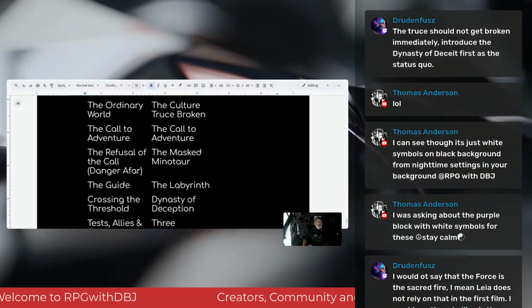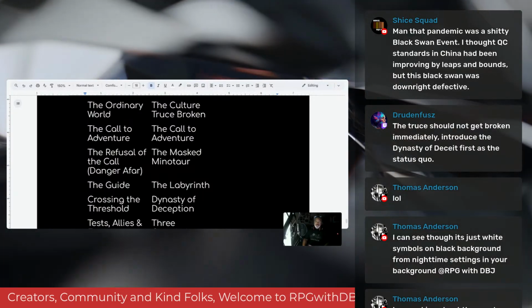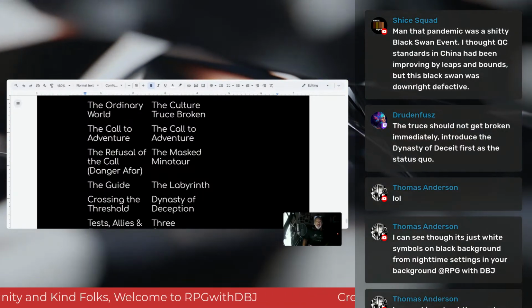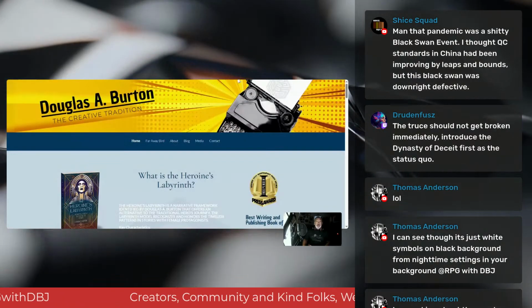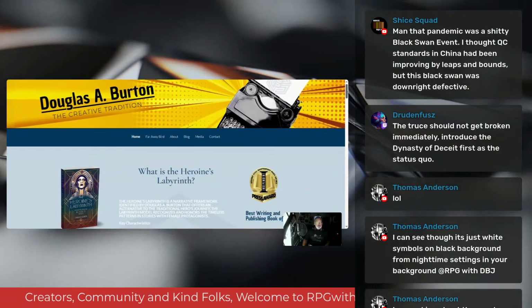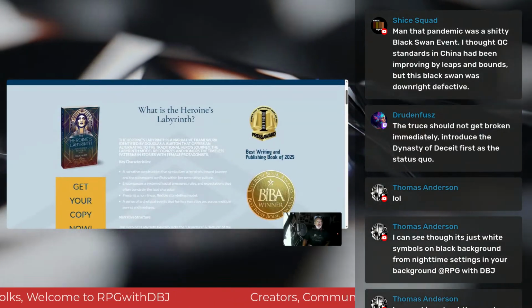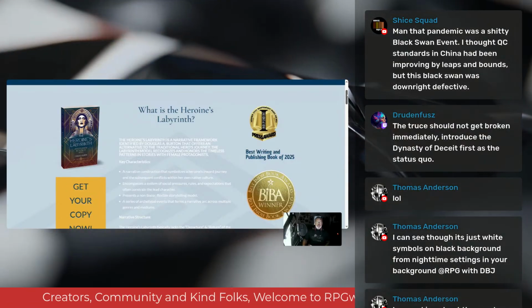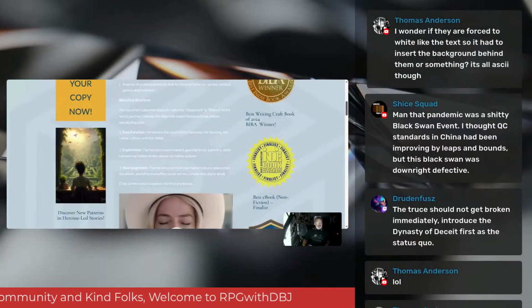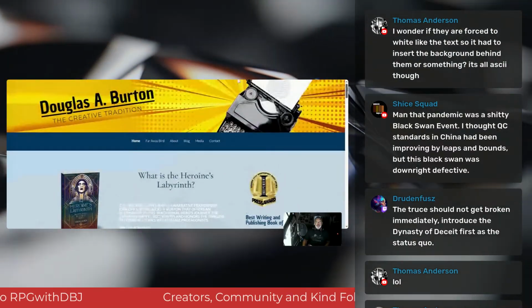Well, the reason I did this is because I had to break it down into 12. You'll see Drew in a minute, because let me share this out first. This is Douglas Burton's website, and I own this book. I have the physical version of this book, The Heroine's Labyrinth, and it goes into the various. There's a breakdown of the various